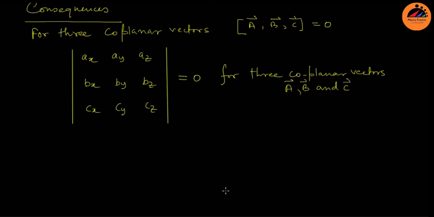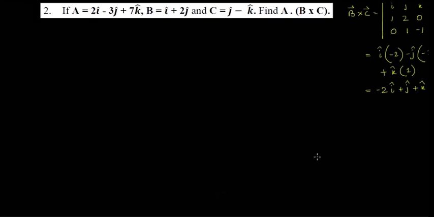Let me do one simple problem. This is the problem as you see. This is from my assignment. I have taken this problem from the book by Dr. Pal Guchai, DPG, courtesy of that book. This is A dot B cross C. Now we need to find this A dot B cross C.